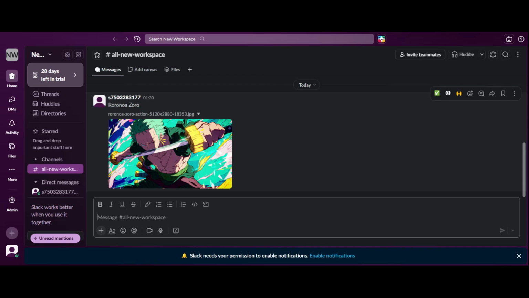In today's video, I'm going to show you exactly how to remove uploaded images on Slack, step by step. This is really useful if you've shared the wrong image, uploaded something by mistake, or simply want to clean up old files from your Slack workspace. The best part is that this process is quick, simple, and doesn't require any special permissions beyond access to the